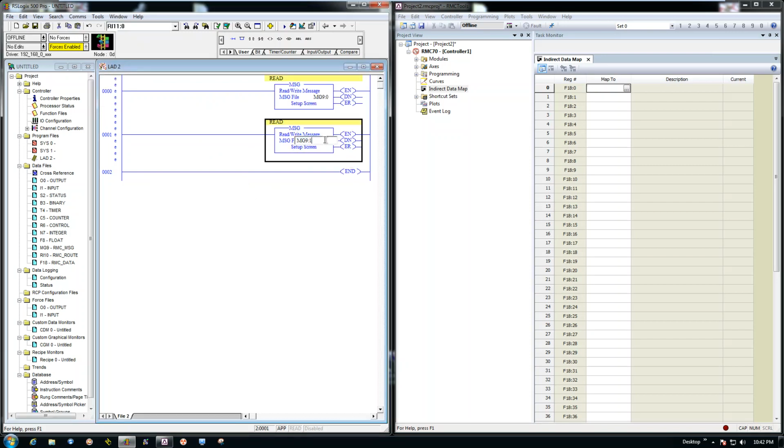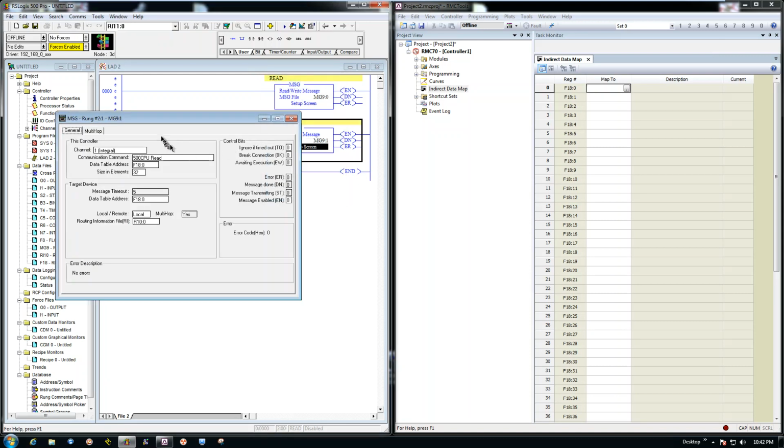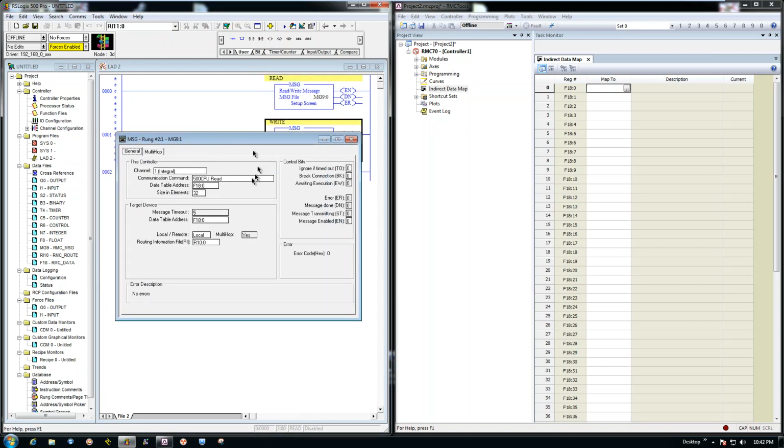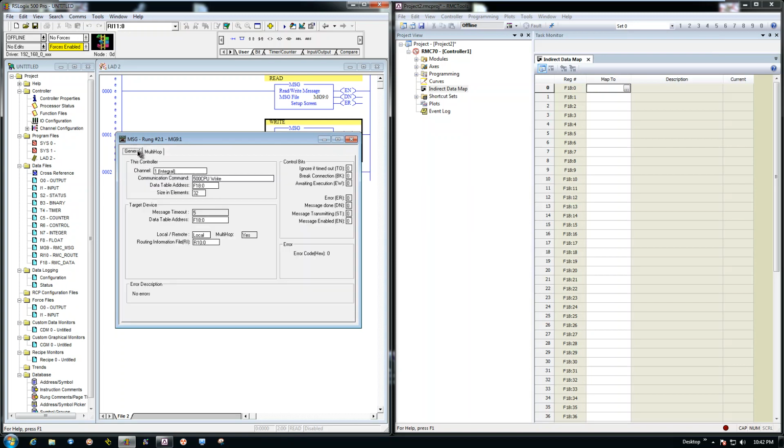This will be our second message file. This is going to be our write. Similar setup. Differences are you're going to make this a write. It's still going to be an integral 1. The multi-hop is still going to have the same there. F18.0 now becomes F18.32,